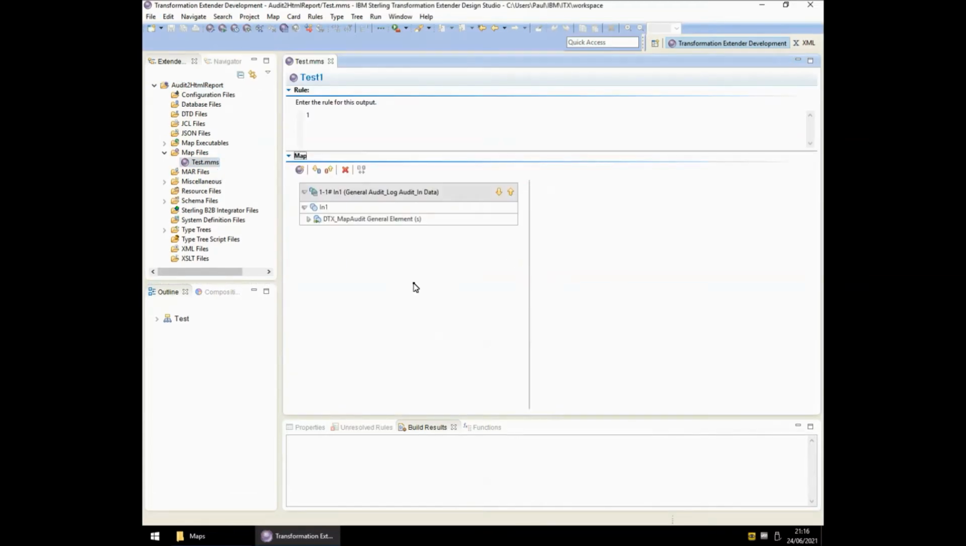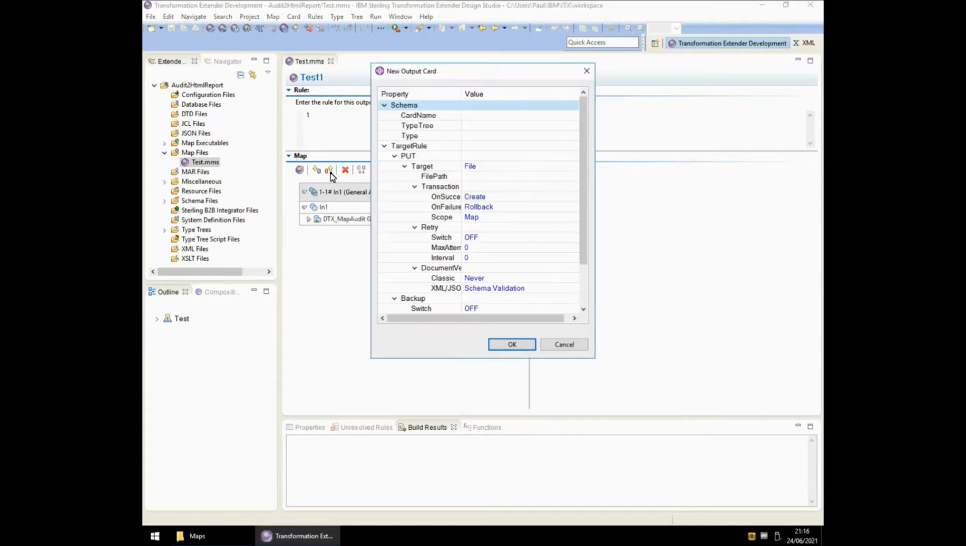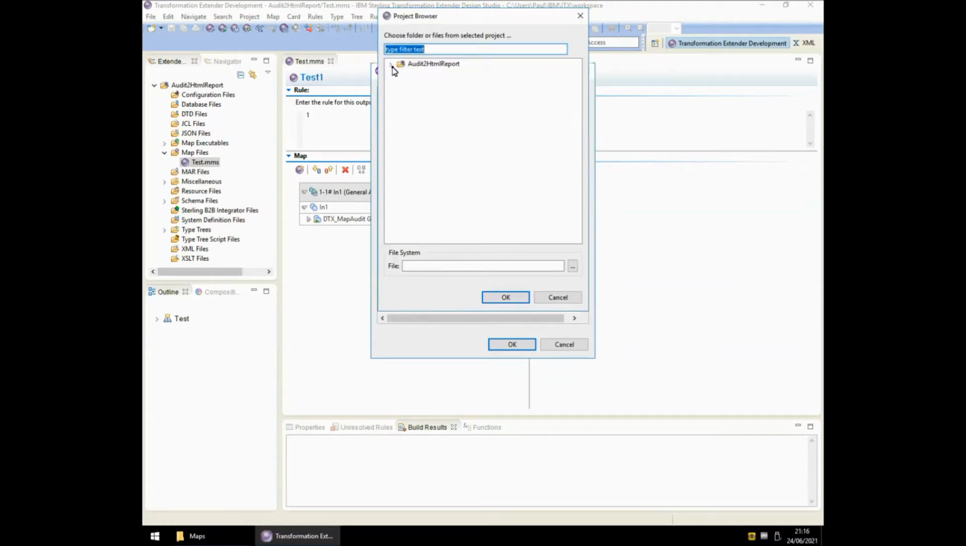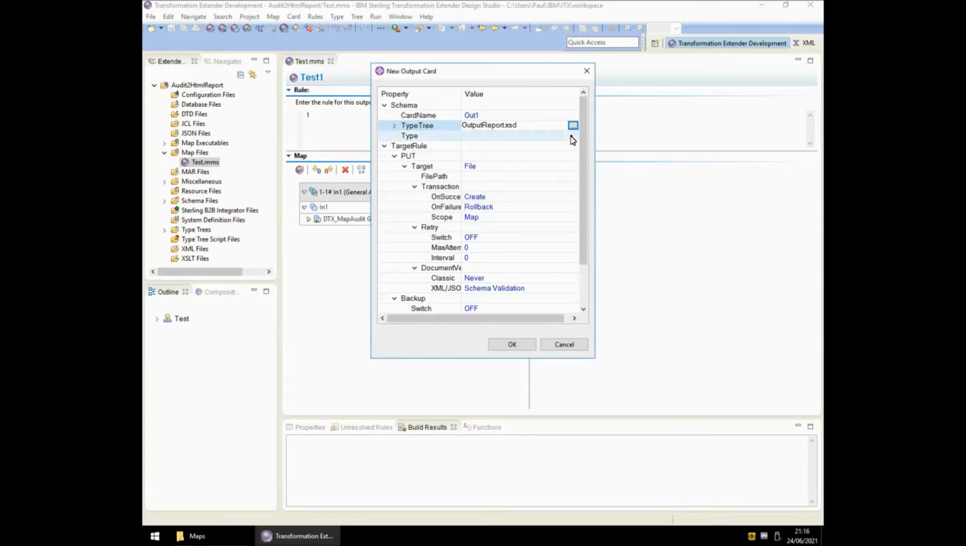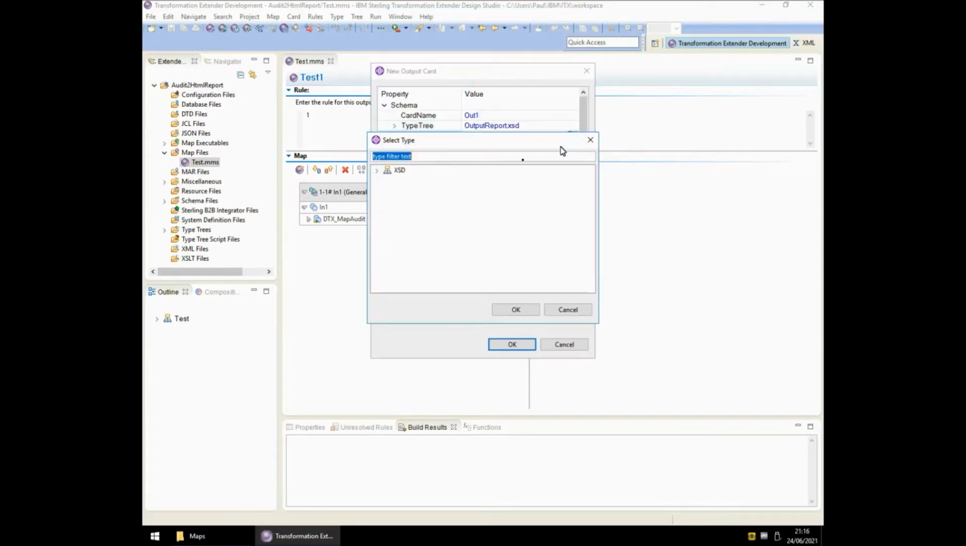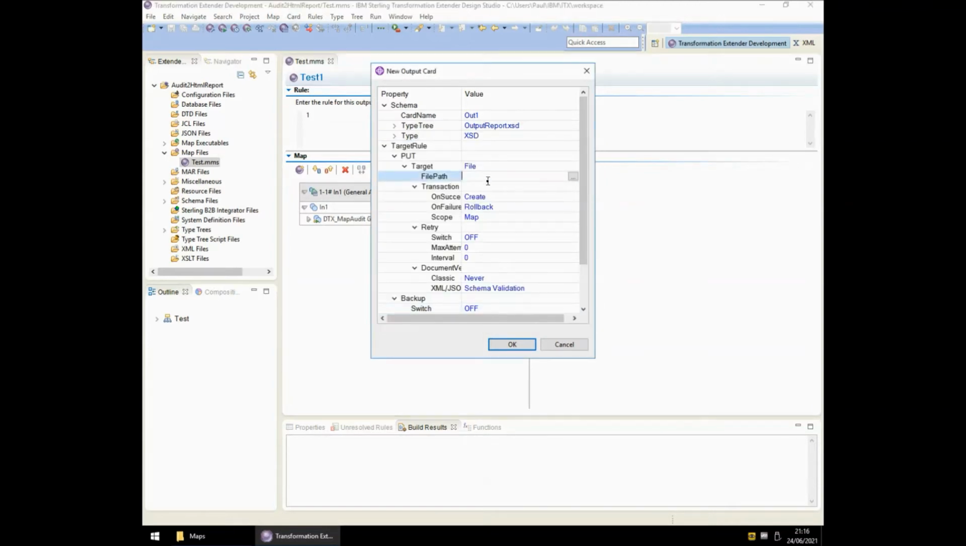The next step in our map is to create an output card that uses that schema. So let's do that now. Create output card. We're going to call this output card out1. The schema name is going to be output report.xsd. From the type picker we are going to choose just the root XSD, and the file we're going to create is